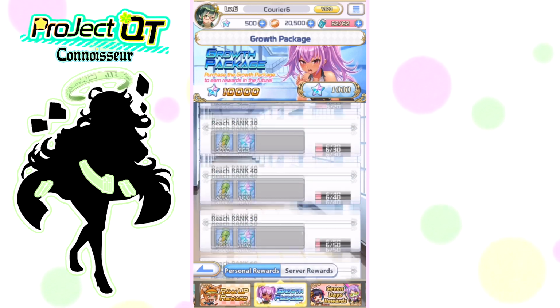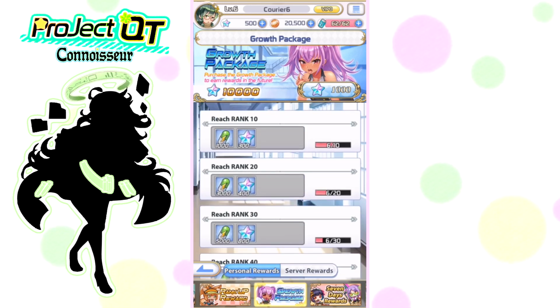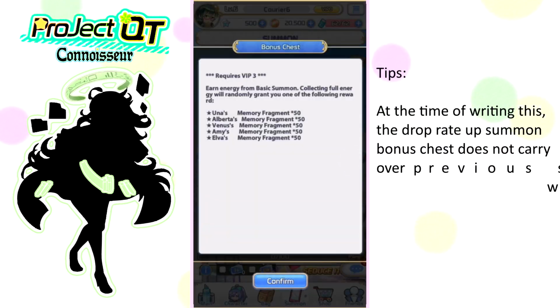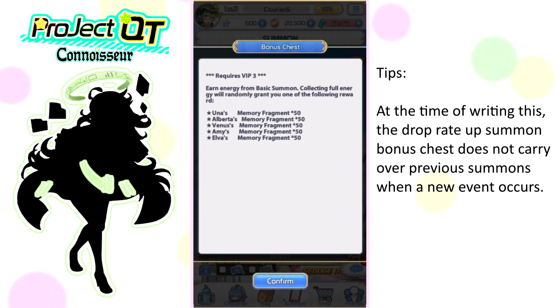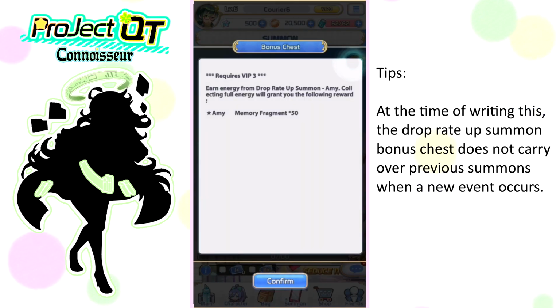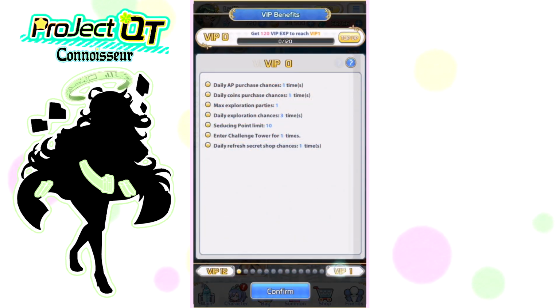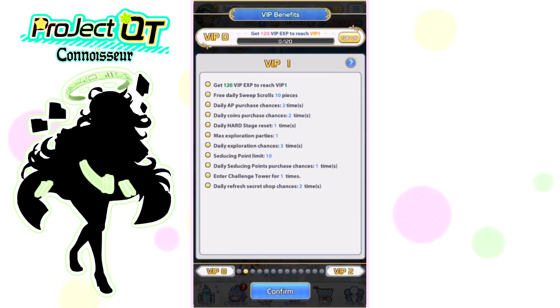This can be found by going to the bonus tab. This rewards you every 10 ranks, and although costing 1000 gems, offers an immediate return on investment if you're already rank 30. VIP also enables you to make use of the bonus chests from summoning. After summoning 60 times at the basic summon, you will obtain 50 character pieces for a 3rd year character. I'm not suggesting you should spend money on the game, I only wanted to highlight some of the potential benefits